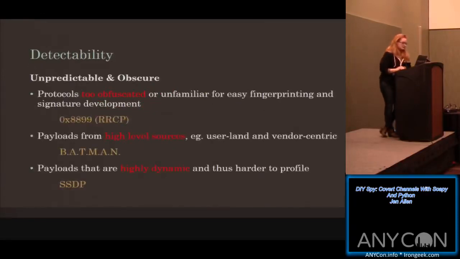Okay, so as well as unpredictable and obscure protocols, protocols that are too obfuscated or unfamiliar for easy fingerprinting and signature development. I caught some 0x8899, which is the RRCP protocol, and I was like, what is that? I spent a little while tracking it down. It's actually a layer 2 protocol from a switch. It's like pretending to be a managed switch. It's actually a dumb switch, but it uses this protocol, and you can actually get it to do some rudimentary management over the network. And it broadcasts by default unless you set a pin. So it was just one of those weird ad hoc kind of things that I would not have seen